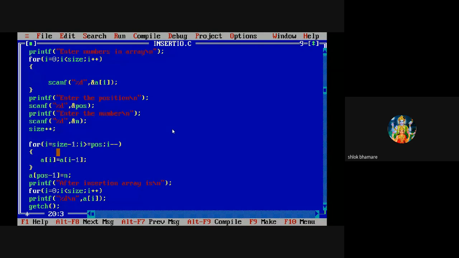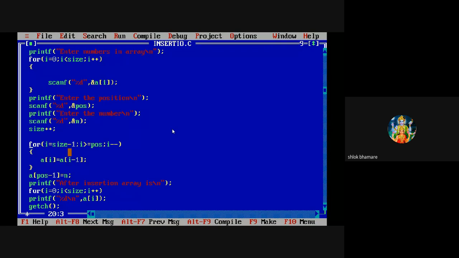That's why we have taken minus 1, because as our array gets stored from 0, if our size is 5, our last element is stored at 4th position. That's why we have taken I is equal to size minus 1.